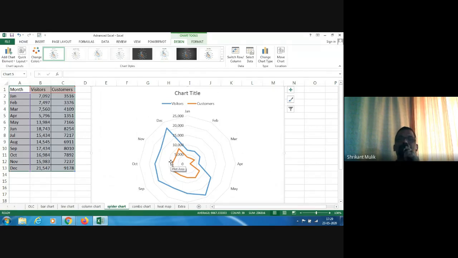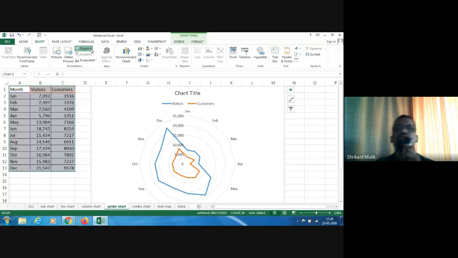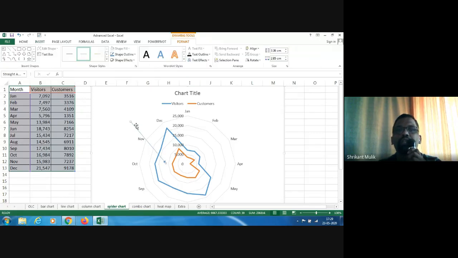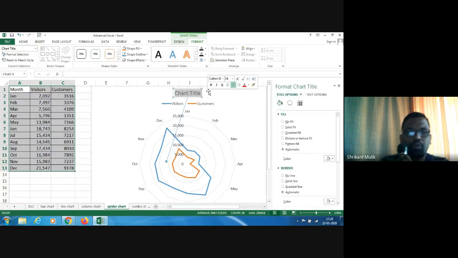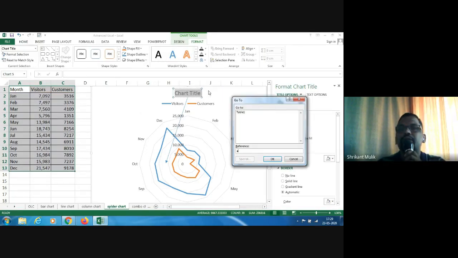To emphasize that, you may want to add an arrow there and say that there is a big gap over here, or you may put that as a chart title saying there is a big gap. I'm just not typing the whole thing. I'm just saying gap.